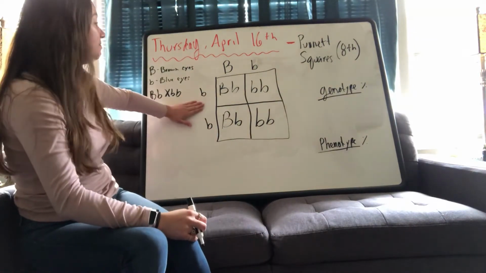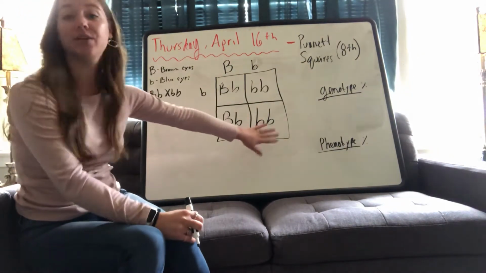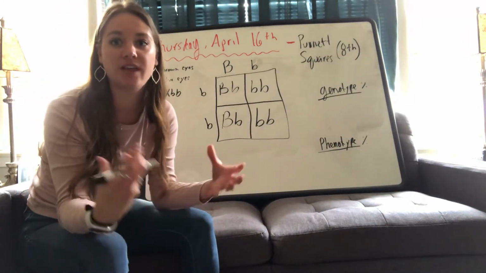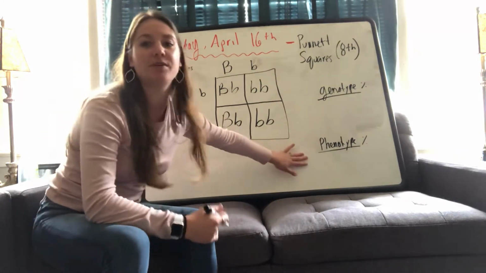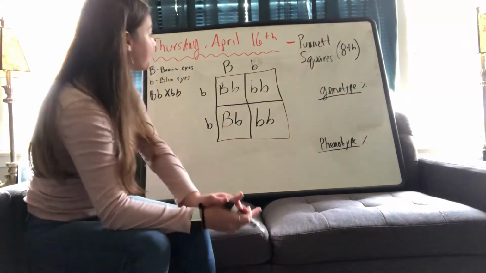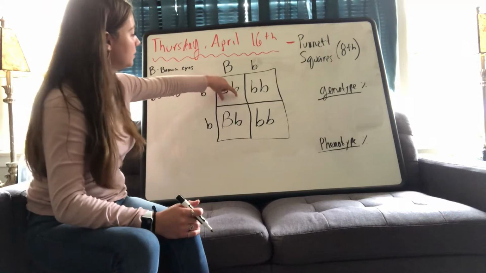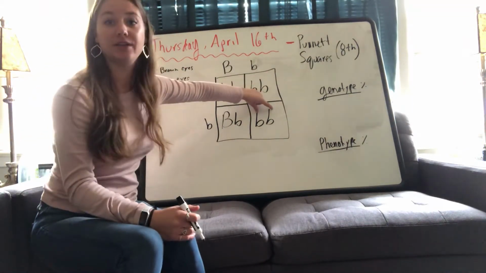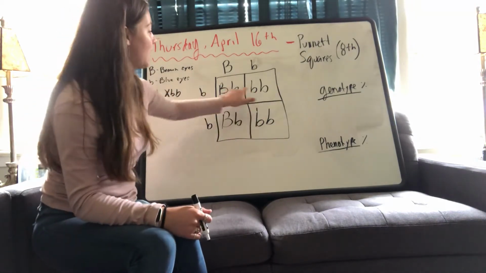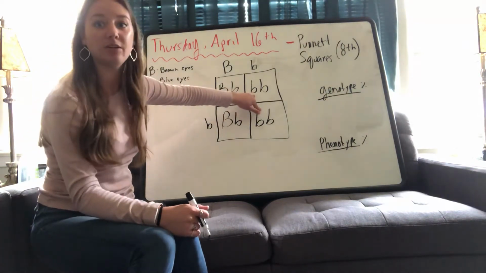I have a completed Punnett square now for this cross, and I need to analyze it to get my genotype percent and my phenotype percent. Again, genotype is going to be the actual genetic makeup of that trait, and your phenotype is going to be the represented trait physically, so what you will see, what is shown. Okay? I have two big B, little b pairs here, and two little b pairs. So this is actually a 50% split here because we have 4 different options. 2 of the 4 are big B, little b, 2 of the 4 are little b,